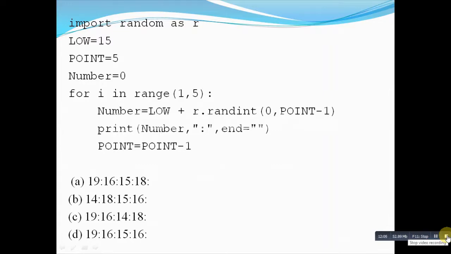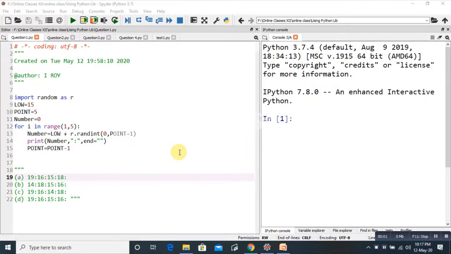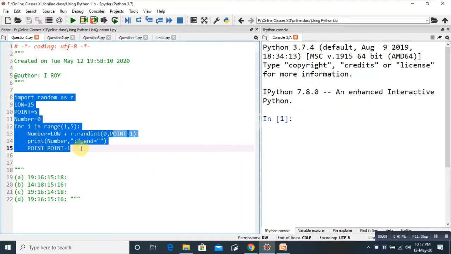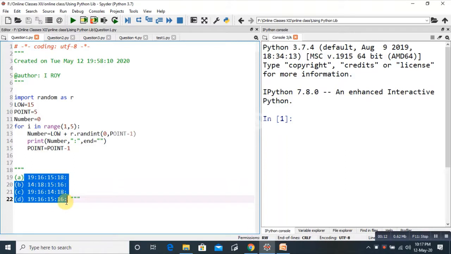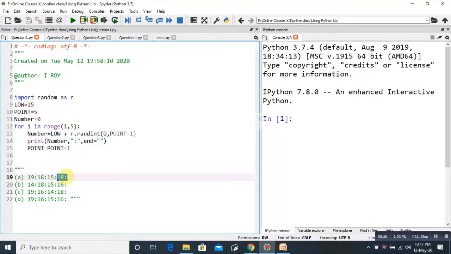Now let us get into the coding of this one and see whether this is the correct option or not. So straight away we will get into the code and see the same program I have typed earlier. You can see on the screen the same program that we are discussing, and these are the options that are present. So as per our analysis, option D is the probable option. Option A, we have cancelled out because of the last value. The last value is given here as 18, but we are not getting 18.